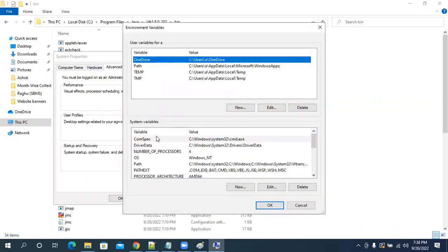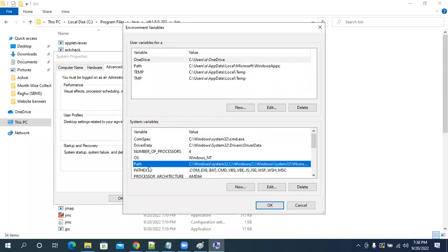Is the path already available or not? Already available. If a path is already available, don't delete it. You just edit that. If a path is not available, you add it and set the path.